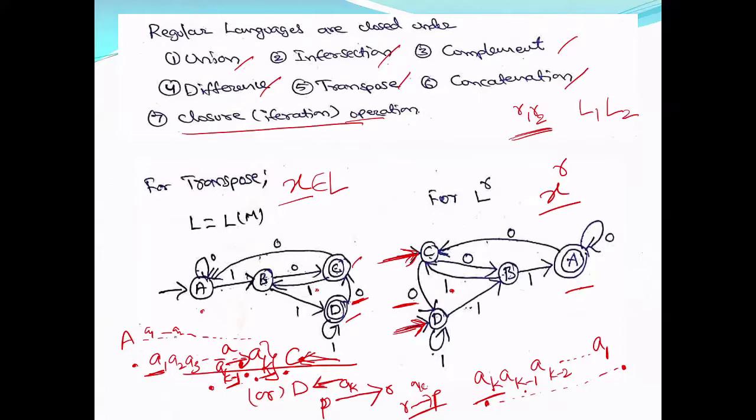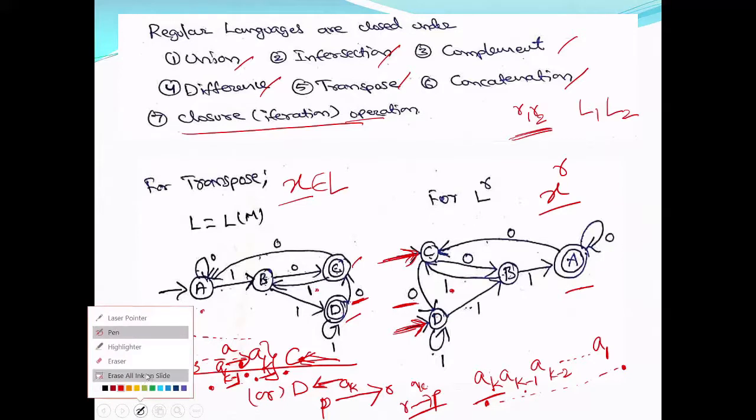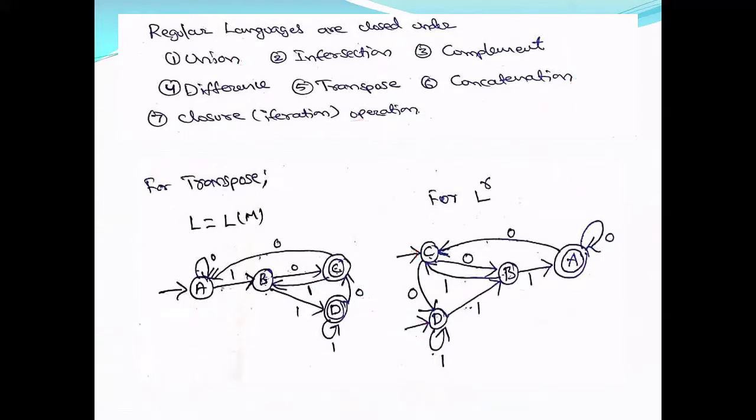Now, if you process a string, you can understand it better. Let me take a string that is accepted here, say 1 1 0 1 1 0. What happens is it starts in A, on 1 goes to B, on 1 goes to D, and D on 1, D on 0 goes to C. Now this is accepted. Now what should I do? X power R or X reverse should be accepted here, that is 0 1 1.